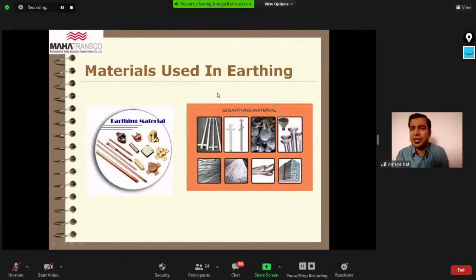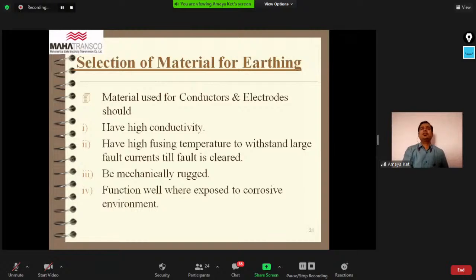Now coming to the material used in the earthing. As I already discussed in the first session, we will discuss the prerequisites of earthing and its design. A very important thing is the material used in the earthing: what type of material, and on what criteria or basis we need to use it. So what is the main thing in the selection of material for the earthing? Yes, Yash, you were already asking why it is not based on the voltage. For your question, this will be one of the answers